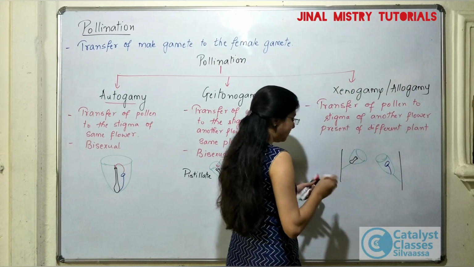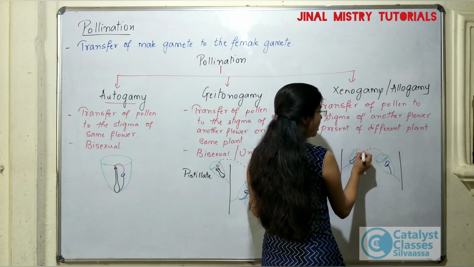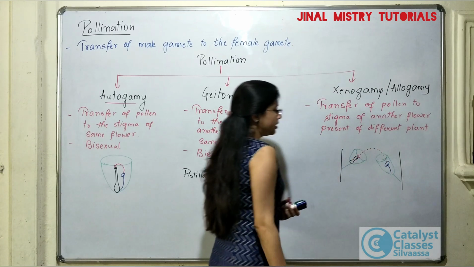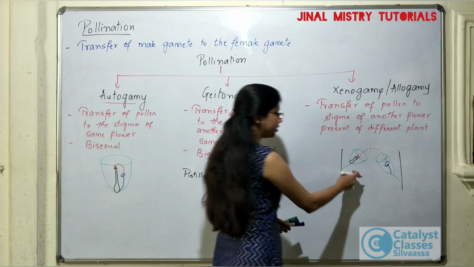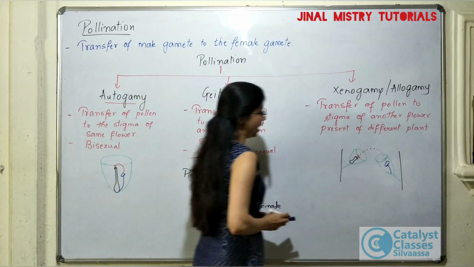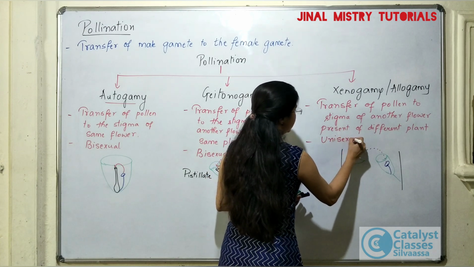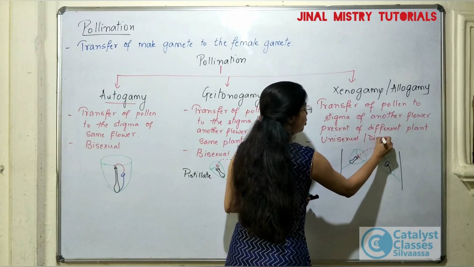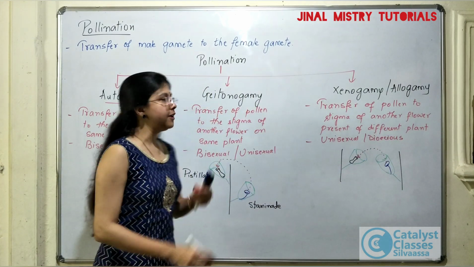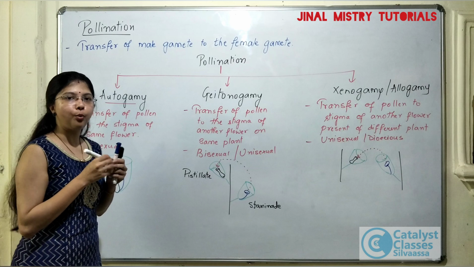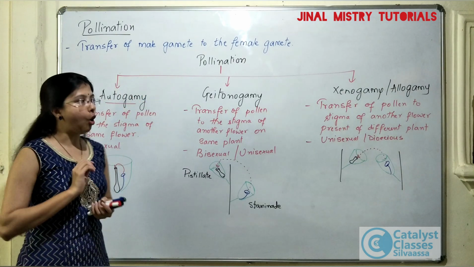And then what happens is pollination is going to take place. Transfer of the pollen to the stigma of another flower on different plants. Okay, here also the flowers need to be unisexual and the plants will be dioecious. Right? Now, the xenogamy, if you see all these three kinds of pollination processes, autogamy, geitonogamy and xenogamy or allogamy,